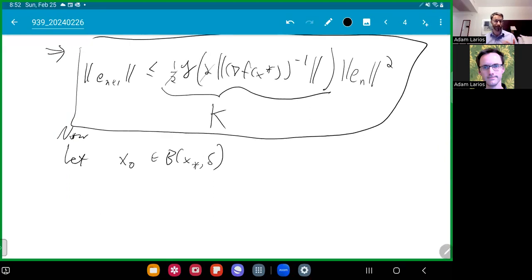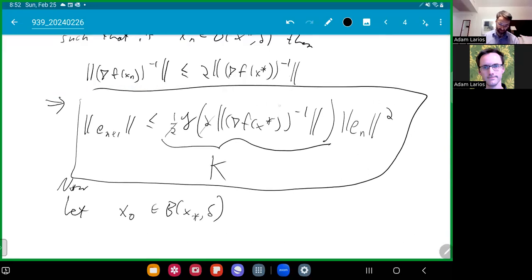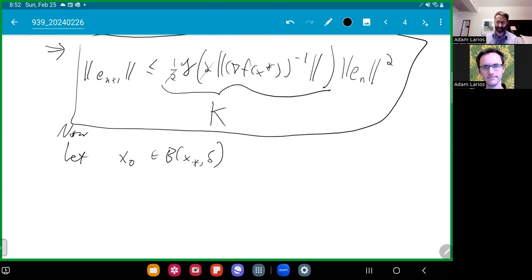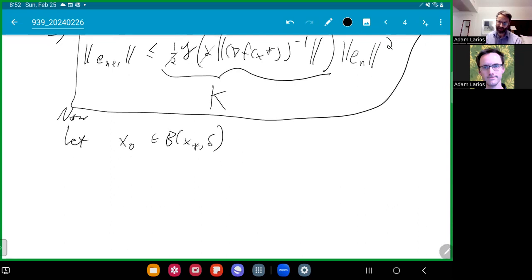Again, how do you actually get close enough? What is close enough? Well, you might be able to evaluate this expression and get some idea, but in order to do that, you would actually have to already know what the x star is. So if you have a pretty good guess of the x star, it can work, but this theorem doesn't give us an explicit way to choose our initial guess. Anyway, so if you're within this ball,